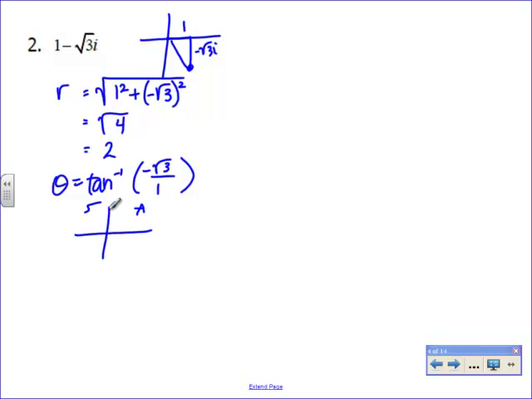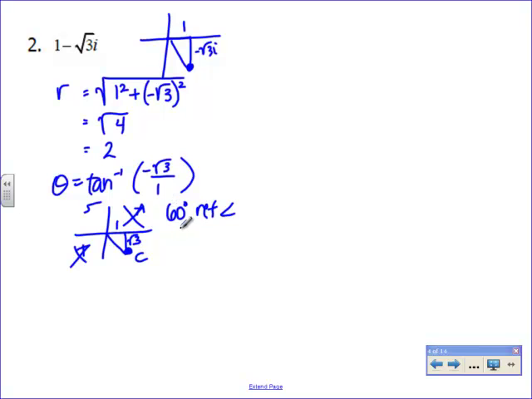Tangent is negative in S and C. But I get to eliminate even further because this time I know I'm only using positive r, and I know I want my point to be in the fourth quadrant. So I'm just going to focus on this quadrant. My opposite's a square root of 3, my adjacent's a 1. That should be easily recognized as a 30, 60, 90 triangle, 60-degree reference angle,